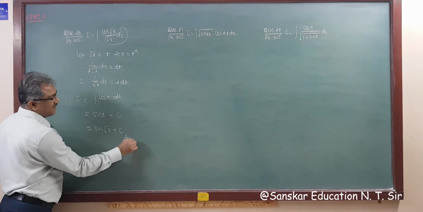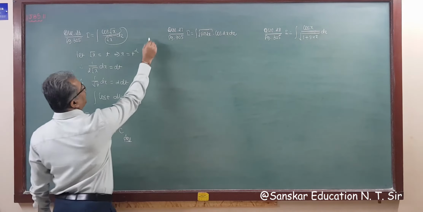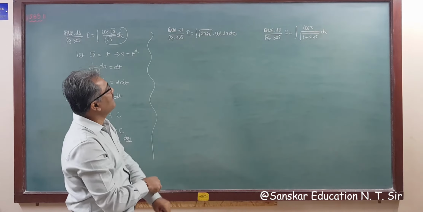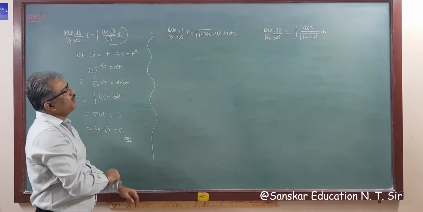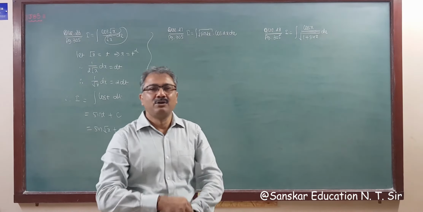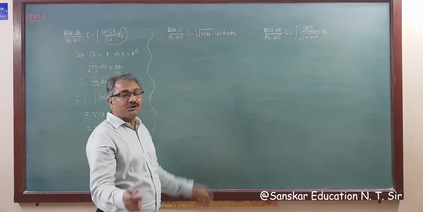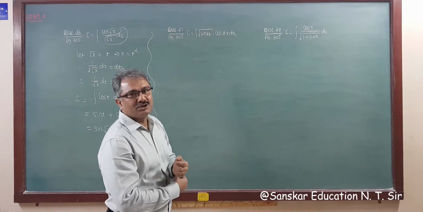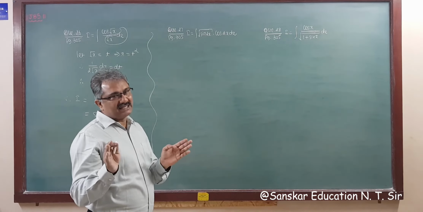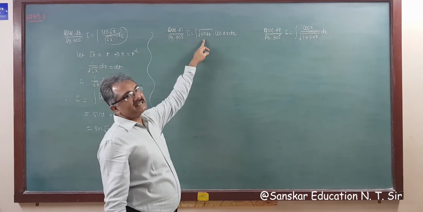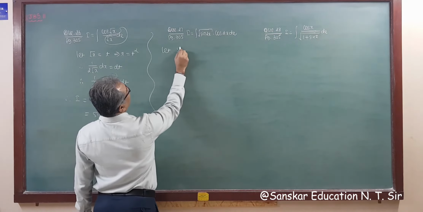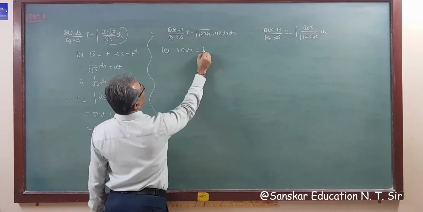So these are very easy examples. Okay. Now next one, question 27, page 305. Given that I is equal to integration root sin twice x into cos twice x dx. What is new here? Root sin twice x instead of x. So we assume that sin twice x is equal to t, right? What is inside the root? sin twice x. So assuming sin twice x is equal to t.